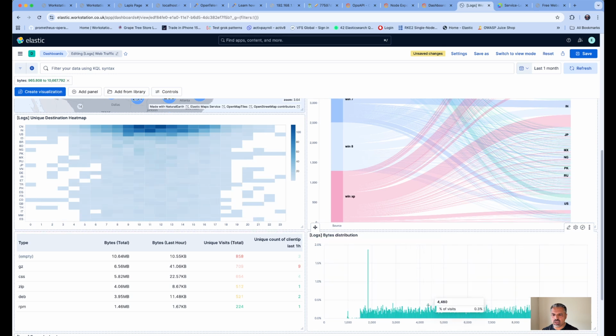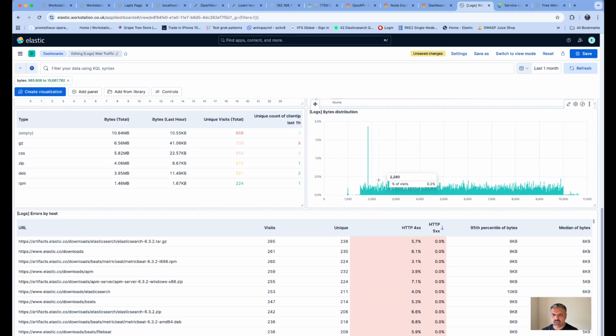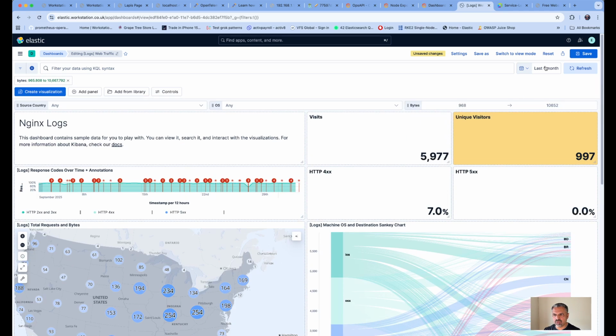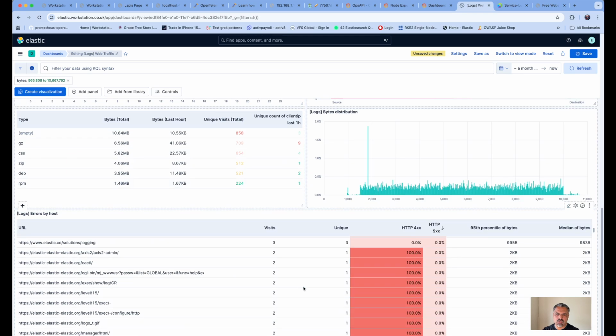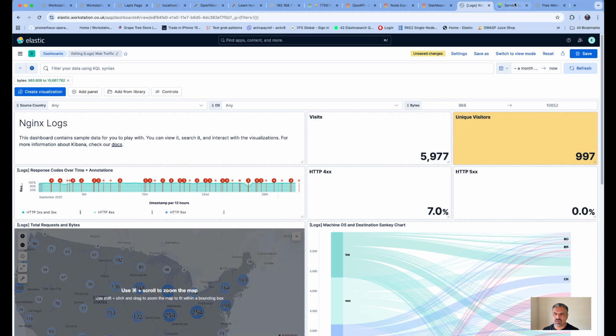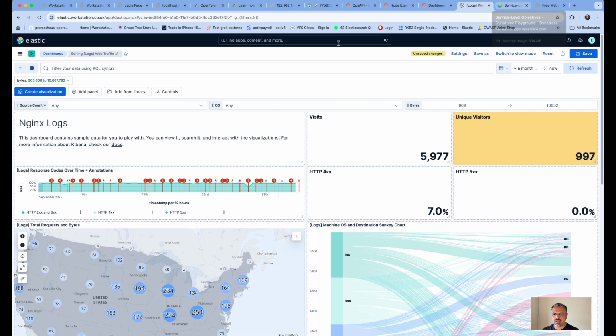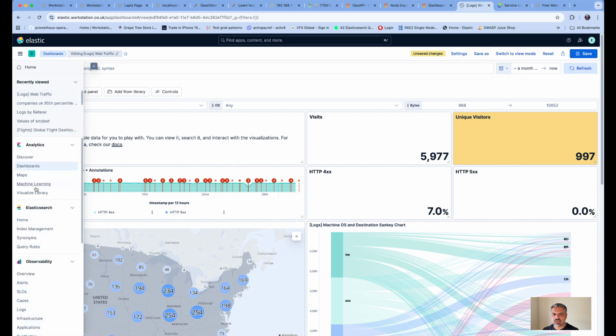So you can see that your Nginx is able to serve X number of unique visitors per day, per hour, or you're able to change it. This is per month, but you can change it to per day, per hour. So this is one other tool, Elasticsearch, and they all actually refer to observability